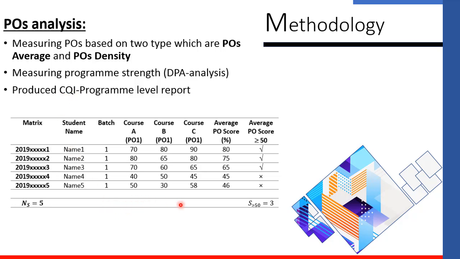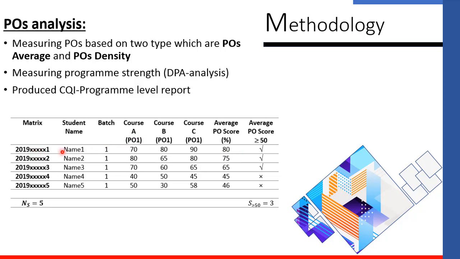So if you see here, we have the number of students taking some courses, for example courses A, B and C, which are mapped to PO1. This is the mark obtained by each student in the related courses, and the average mark is calculated for each course,